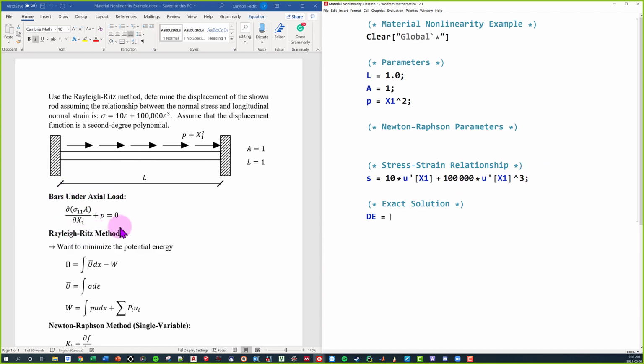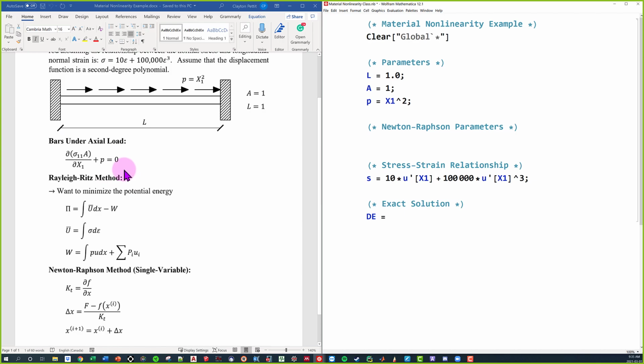So the first thing I like to do is find what our differential equation is. And over here on the right, we have our bars under uniaxial load. This is something that comes directly from the notes as an intermediate step. We had this in the notes, but what we did is we said, well, sigma is equal to Young's modulus times epsilon. So we basically have EA, which we took out, and then we have the derivative of epsilon. We went from there and simplified it for the linear case. But now we're going to go back to this formula right here and say, well, this is different now. So we're going to take the derivative of sigma multiplied by A plus P, and that's going to be equal to 0.